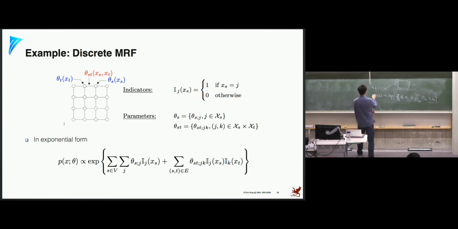So what if instead of this we have 1 to R? Then we can use indicator variables, or in the modern language it's called the one-hot vector. So the same thing. You can still represent everything in the exponential family form. The inside term is all linear in the natural parameter and the sufficient statistics. So the indicators are going to be the sufficient statistics.